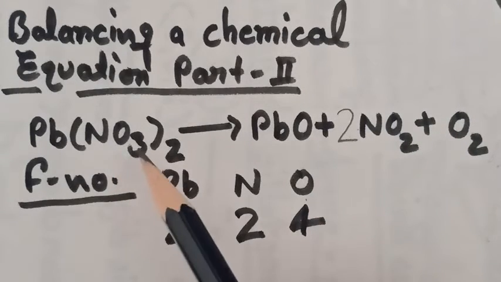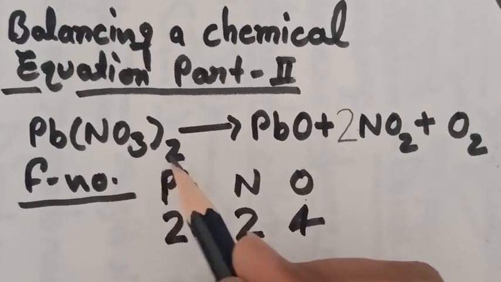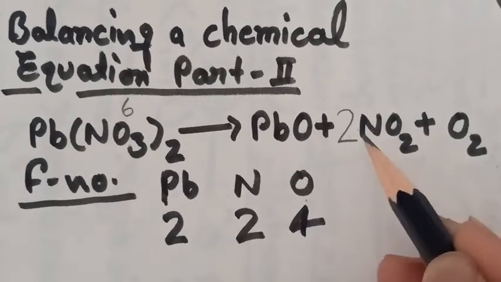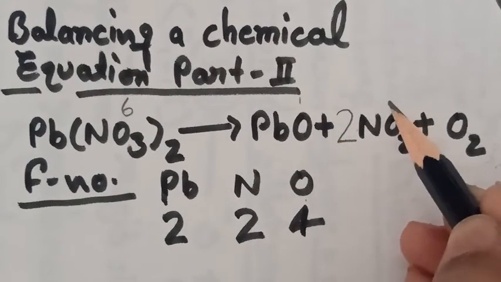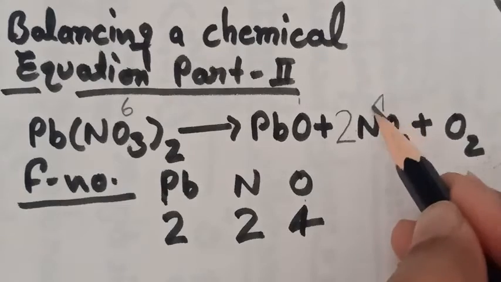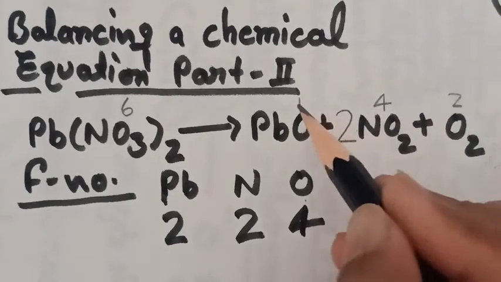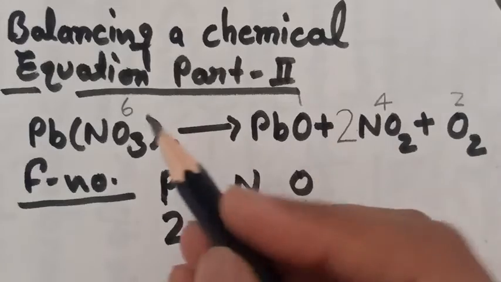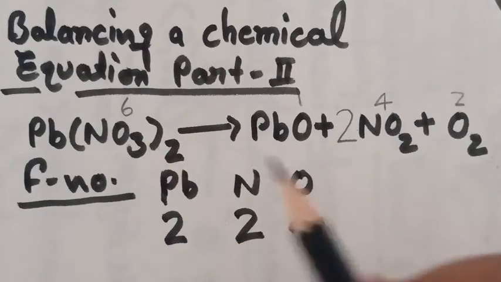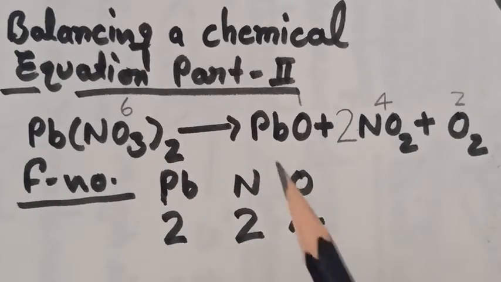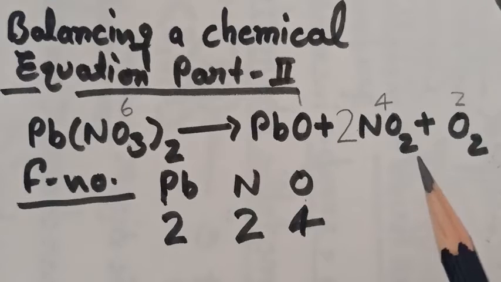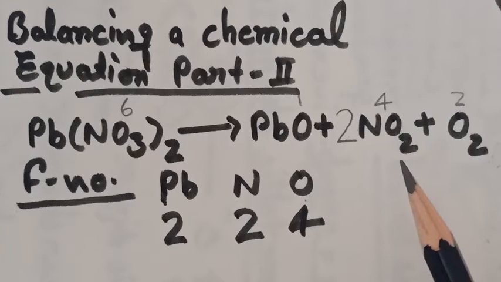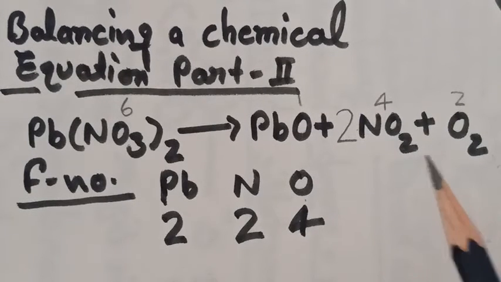On this side oxygen is 3 times 2, that is 6. Here 1. This side 2 times 2 is 4 and 2, so total 7. Okay, 4 plus 2 is 6, plus 1 is 7. So what is the difference? 1 atom. So student, how do we balance this oxygen because of a difference of 1 atom?